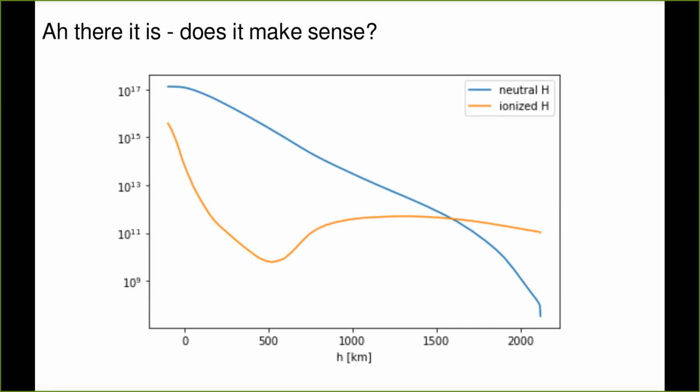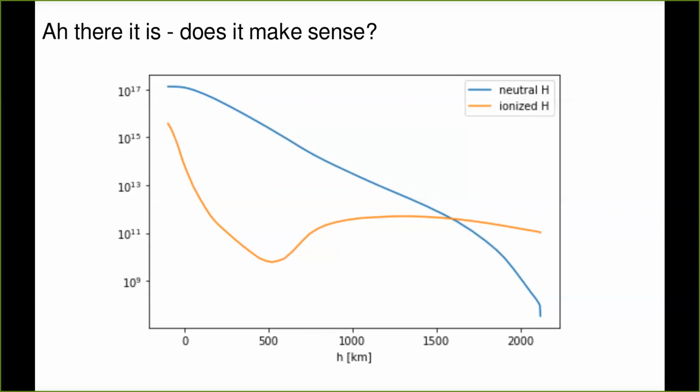In a real model, we would also have different electrons in the upper part of the atmosphere from the photosphere. So the photosphere is going to be almost entirely non-hydrogen electrons. Yeah, to be honest, you have all the electrons here as well. I didn't really go and solve these equations. I just took the output of my code and plotted that. But the message stays more or less similar.